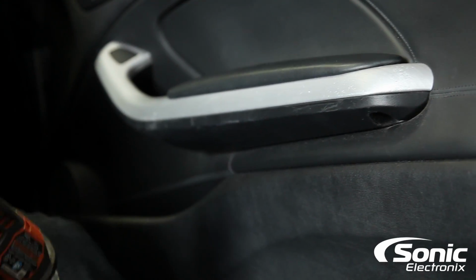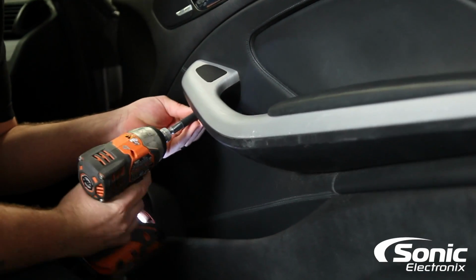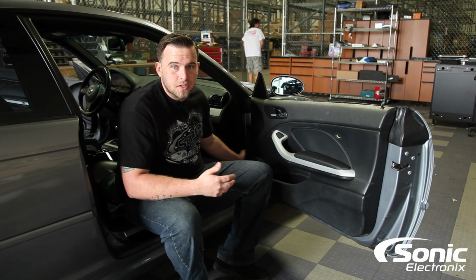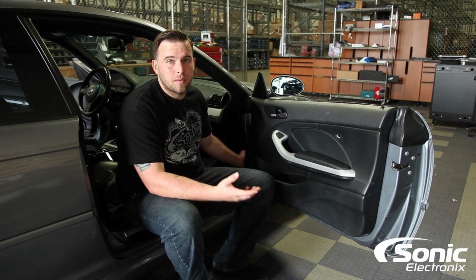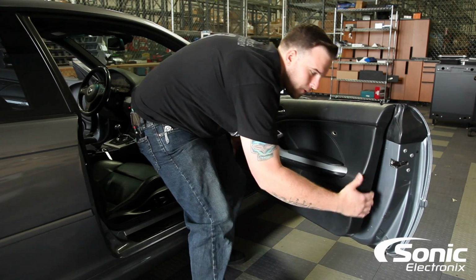All right, now that we got the 3 Torx out on the armrest of the door panel and all the screws are removed, this door panel is held in by door panel clips, which in this case are already pretty much all broken, so the customer bought a whole new kit from BMW for us to replace those clips. So I usually start at the bottom and pop the door panel off,